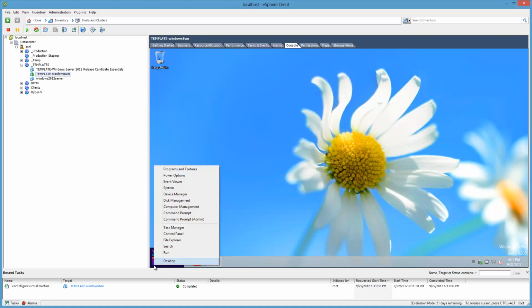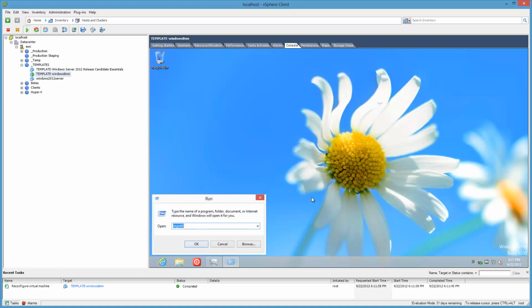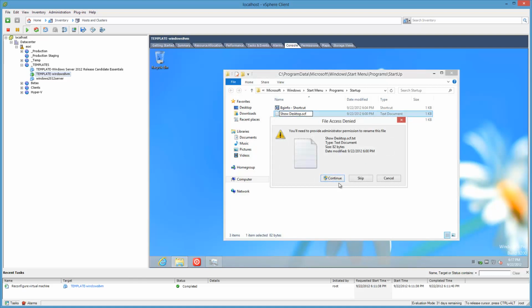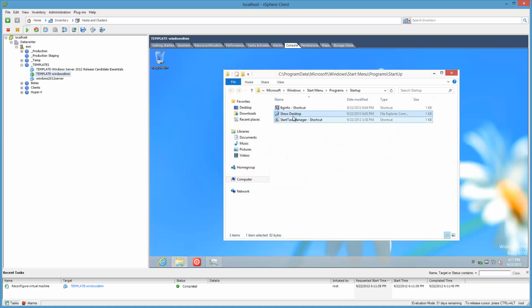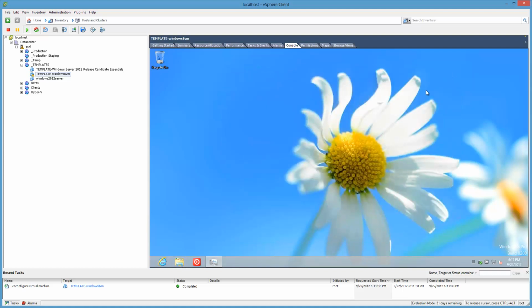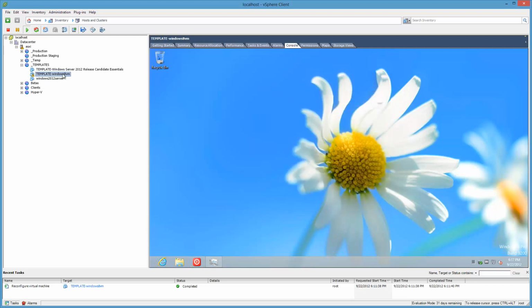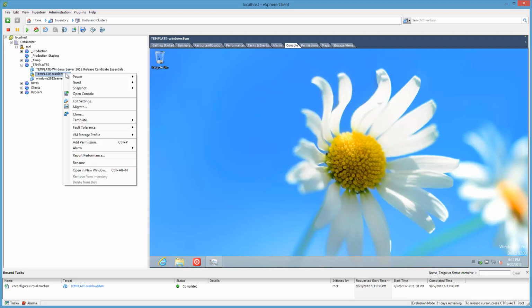So let's do shell:common startup, brings up this. Rename that. And now the show desktop icon even shows up the way it's supposed to. All right, so it's going to work this time. So we can do reboot through there, or of course,